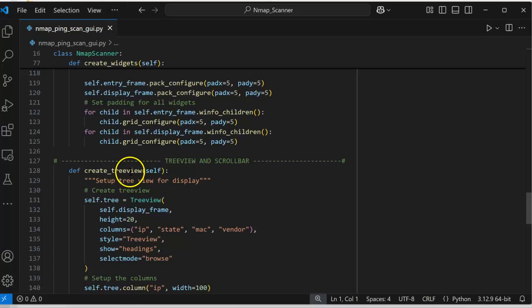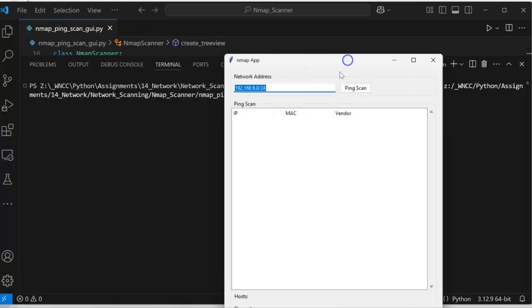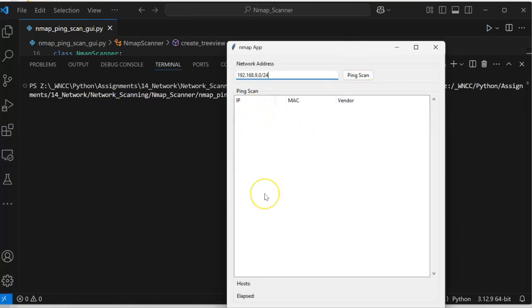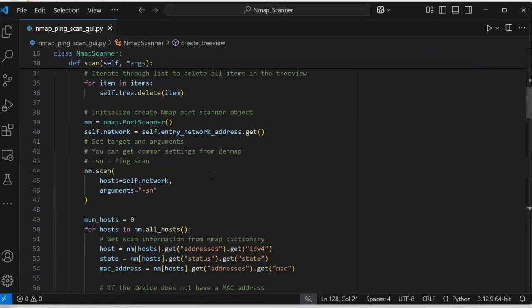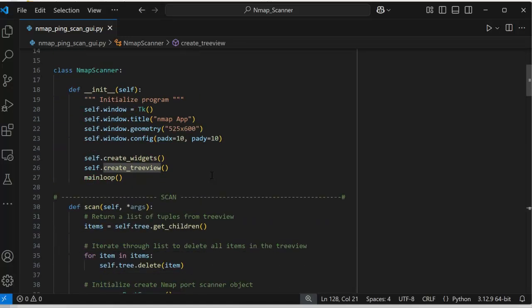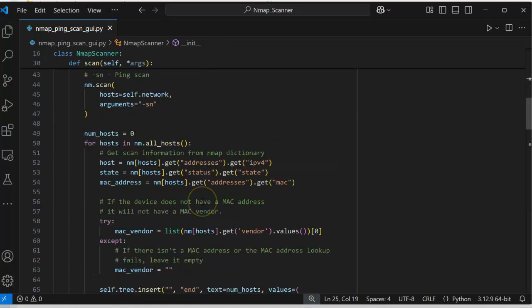The most complicated part is creating the tree view. Getting an input, clicking a button, not a big deal. Doing this, yeah, that requires a little more work. Let's go back to the beginning of this. We're creating our widgets. We're creating our window. There we go to creating widgets. That's our standard